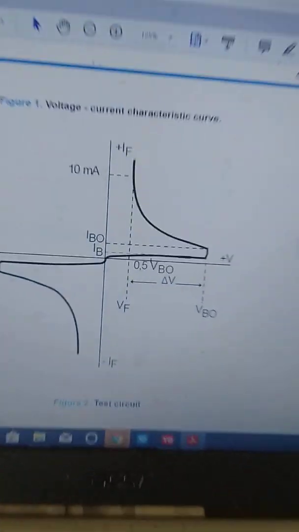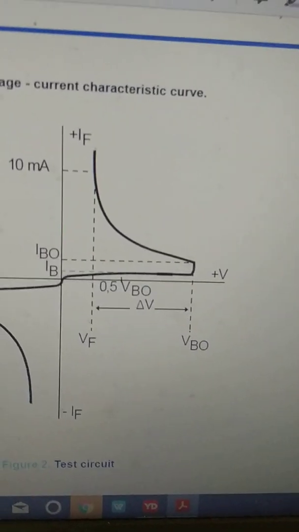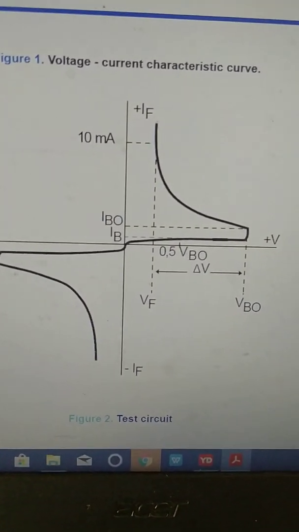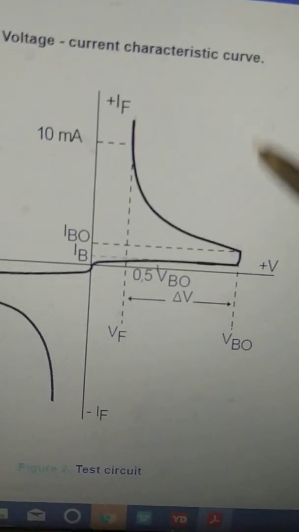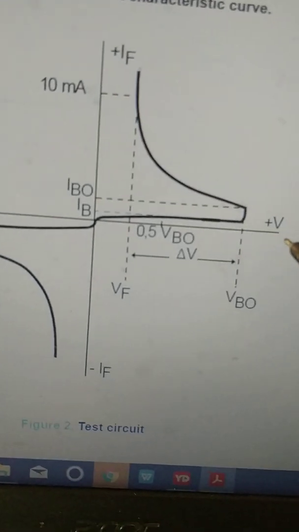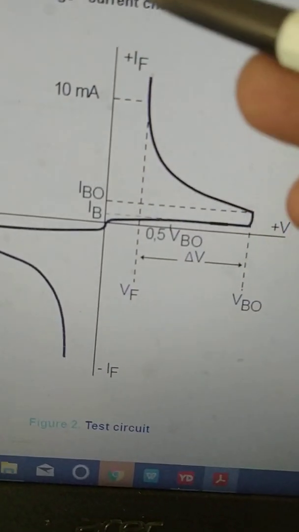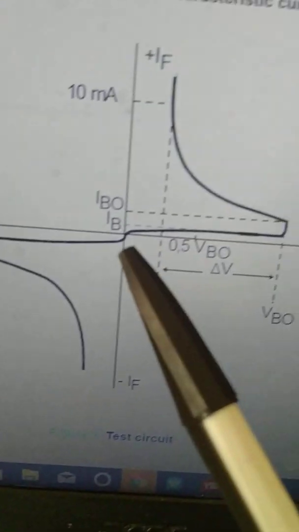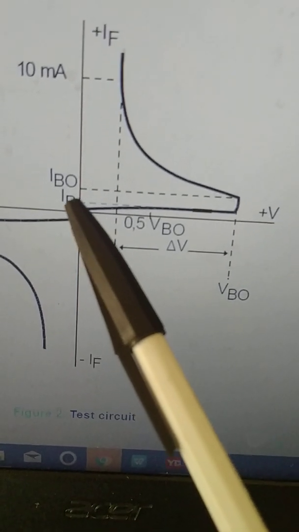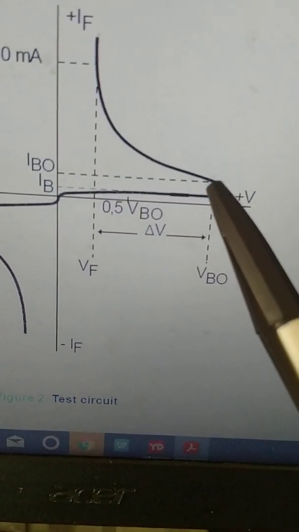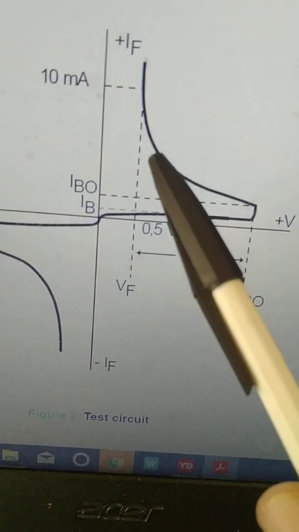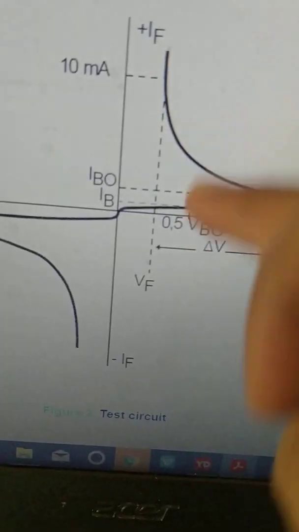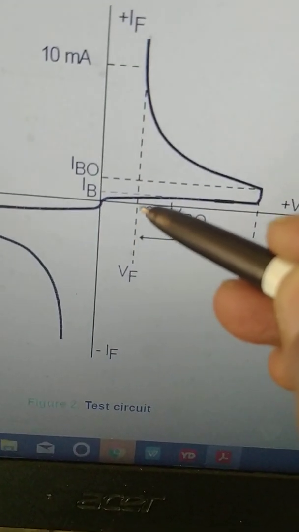Now when we draw the VI characteristic of the DIAC, in this VI characteristic, on the x-axis voltage is plotted, and on the y-axis current is plotted. Initially voltage increases from 0 value up to this breakover point, and at this point the value of current increases sharply, and the voltage drops to a lower value.